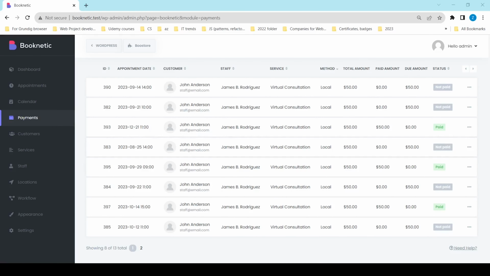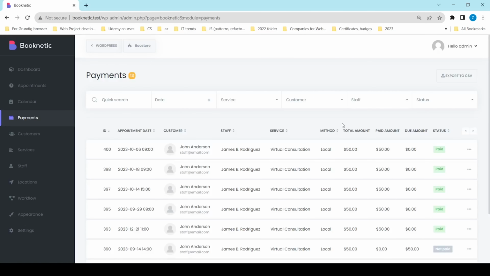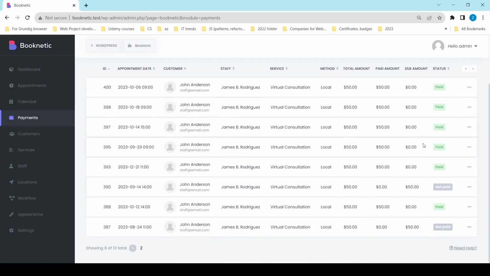payment-related activities. The payments dashboard serves as a central hub for monitoring all financial transactions. You can find details regarding the chosen payment method, total invoice amount, the amount already paid, and the current payment